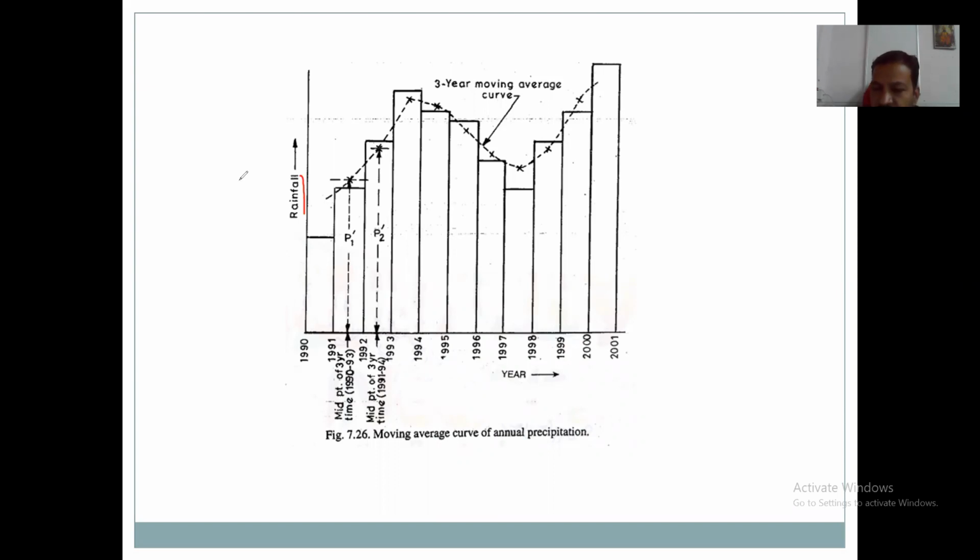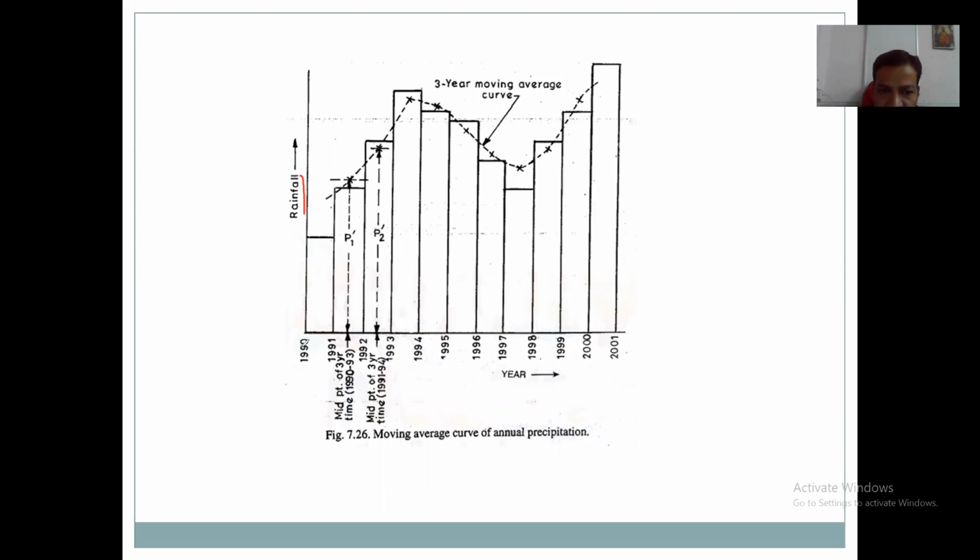आतापर्यंत आपण काय पाहिलंय? रेन हायटोग्राफ मध्ये काय पाहिलं आपण? प्रत्येक तासाला किती रेनफॉल झालेले. मास कर्व ऑफ रेनफॉल मध्ये काय पाहिलं आपण? प्रत्येक दिवशी किती रेनफॉल झालेले, किती प्रेसिपिटेशन झाले. ते मूव्हिंग एव्हरेज कर्व मध्ये काय दिलेलं आहे? प्रत्येक वर्षी किती रेनफॉल झालेले आहे, इंटेन्सिटी ऑफ रेनफॉल, प्रेसिपिटेशन किती झालेलं आहे प्रत्येक वर्षी. For every year how much the rainfall is done, how much the intensity of rainfall, that is estimated, that is calculated.